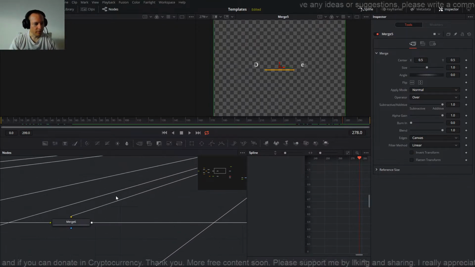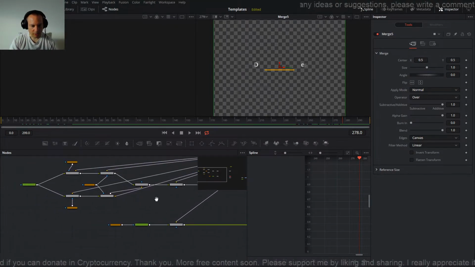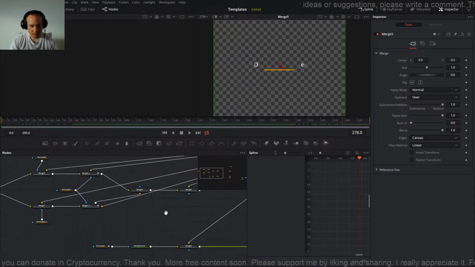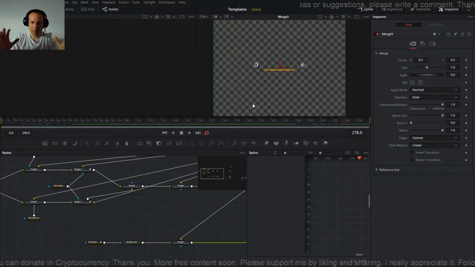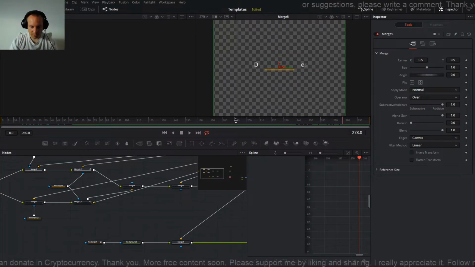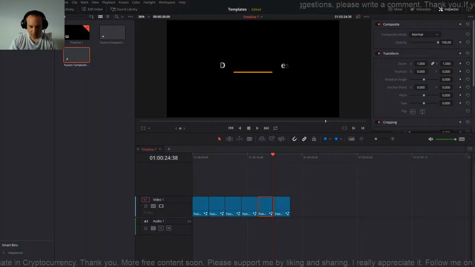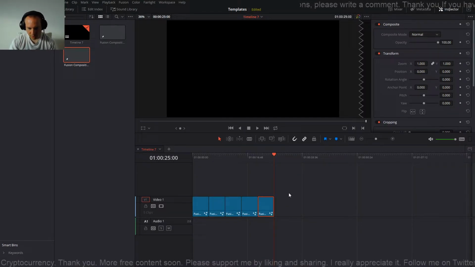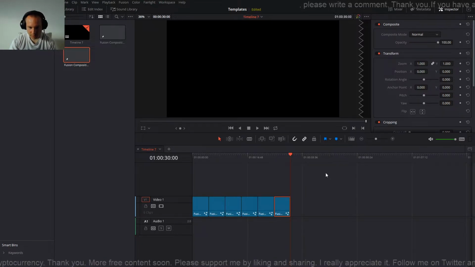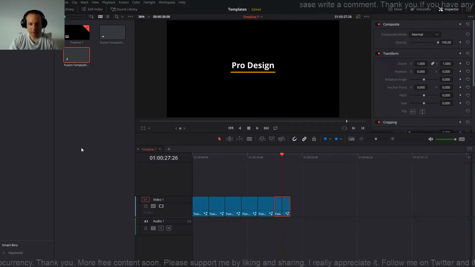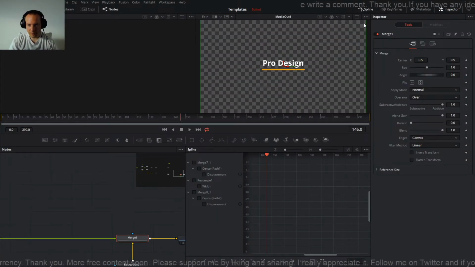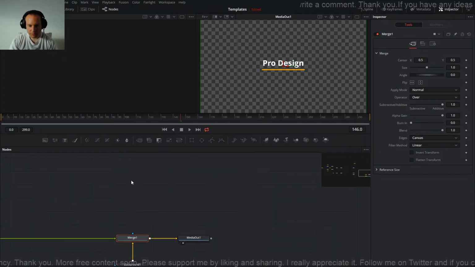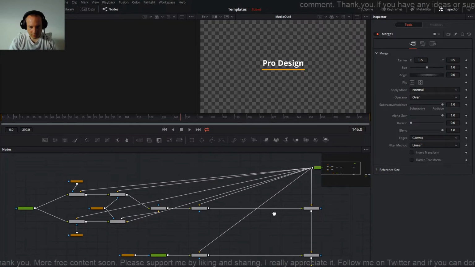Okay, this is done, but I don't want to stop here. I want my text to slide in itself and disappear. I'm gonna show you how I'm gonna do this, but for now I will leave this because I like it, and I will just make the copy and continue with the other one. Copy, paste, and go inside the Fusion. Close the spline, tools, arrange everything, and